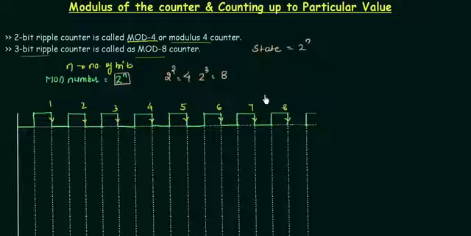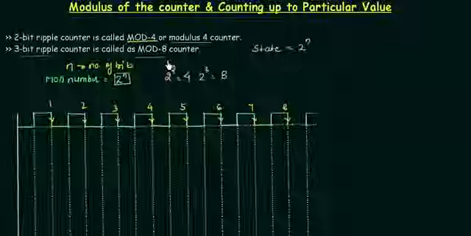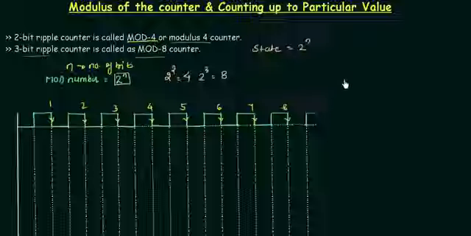So for a modulus 4, we know that we have 4 states from 0 0 to 1 1. In the same way, if a mod 8 counter is there, it means there are in total 8 states, and those states are 0 0 0 all the way to 1 1 1, 0 to 7. So this is all about the modulus, and if you want to make a table in your notes, then you can do